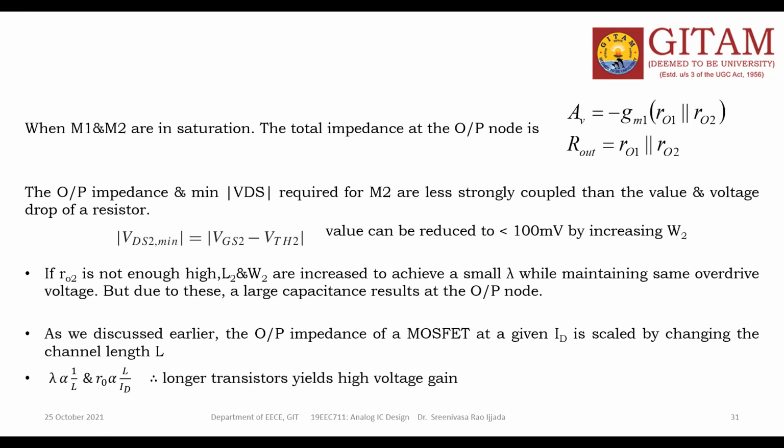But our trend is towards the scaling of the device. We are scaling down the device dimensions, so the device becomes very compact and small. In this scenario, what happens? Definitely L decreases, thereby R0 decreases, thereby voltage gain will decrease. So we need to go for alternatives to improve the gain, even though we are scaling down our channel length.